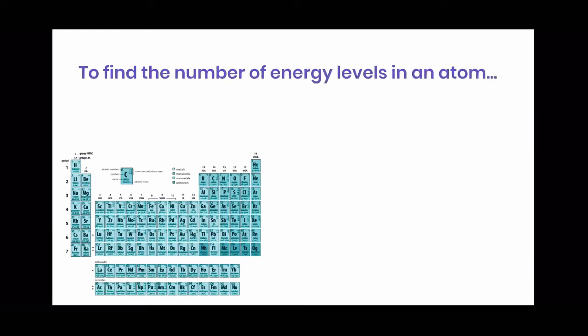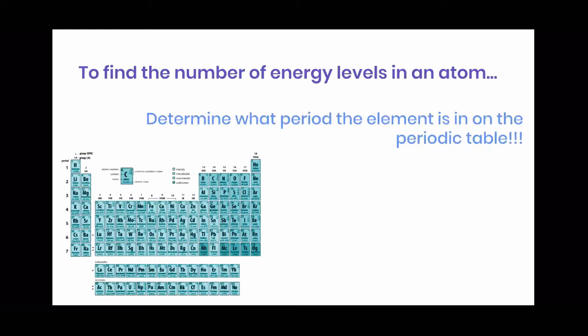So to find the number of energy levels in an atom, remember that I said that the electron cloud is organized into electron rings or energy levels. We determine this by looking at the period in which the element is located on the periodic table. So if we go to beryllium again, we can see that it is in period 2. So that means it has 2